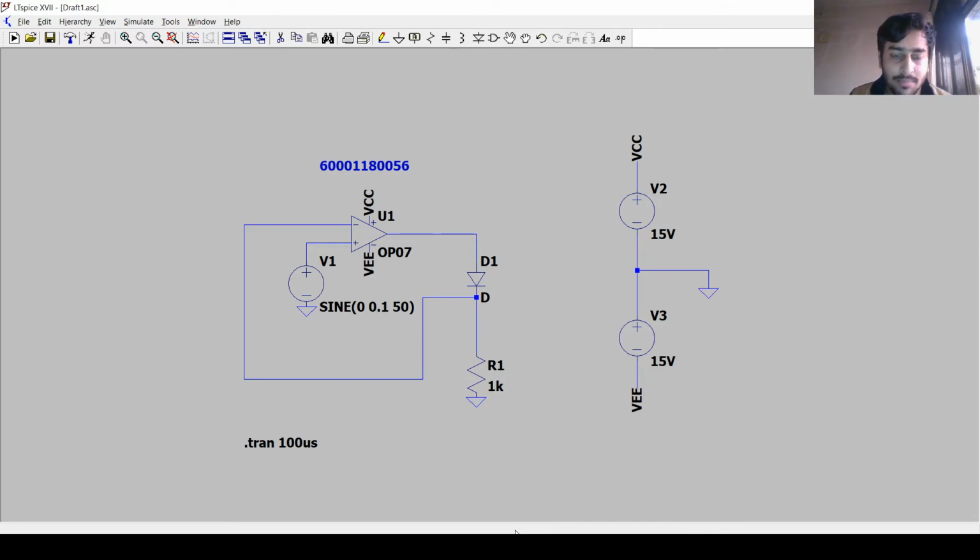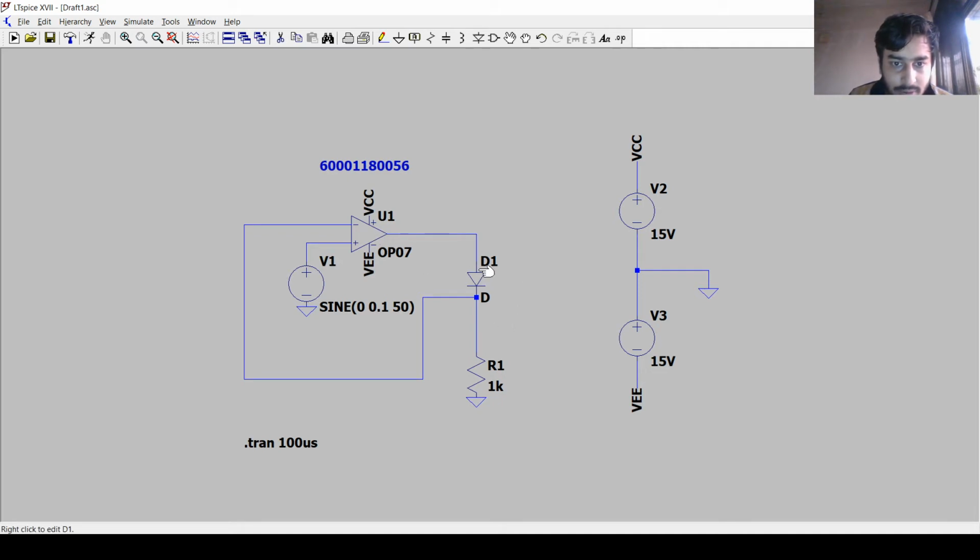A normal diode, for example a silicon diode, has a cut-in voltage of 0.7 volt. So below 0.7 volt, the silicon diode will be unable to conduct. Whereas for a precision diode, the cut-in voltage is almost equivalent to 0 volt. It is also called a super diode or ideal diode. Any practical diode connected to an op-amp is called a precision diode.